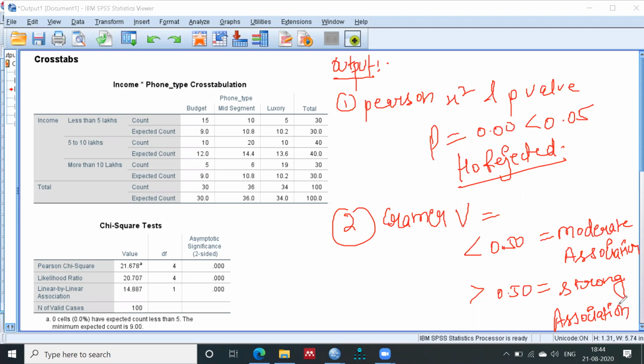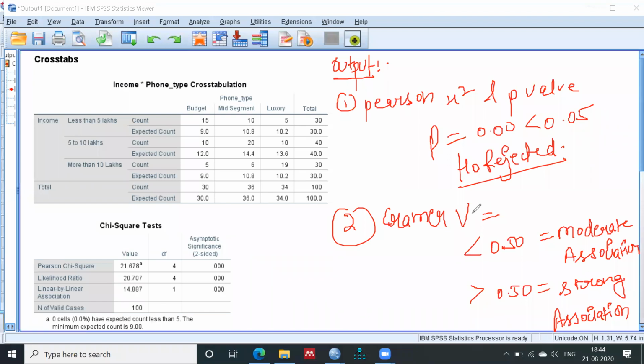You can check this as in correlation. We also test at the level of 5. If the correlation value is less than 5, then you say there is no correlation, very little correlation, or moderate correlation. And if you have more than 5, then there is a strong correlation. More than 7, more than 9, there is a very strong correlation. This is how you can interpret the same thing in Cramer's V.